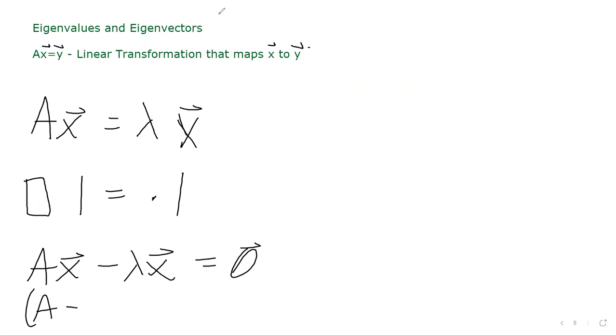However, we can do a little bit of a fudge on this of having our λ be multiplied by the identity matrix. So this bit here allows us to do that subtraction. And so our setup is going to have non-zero solutions